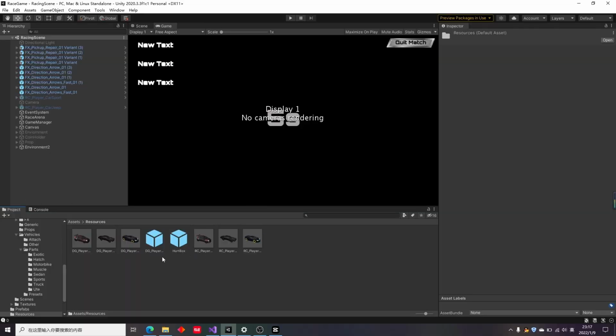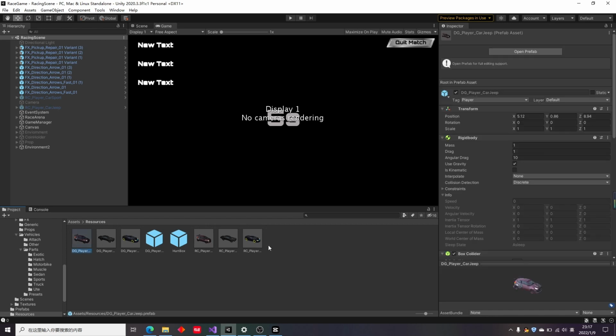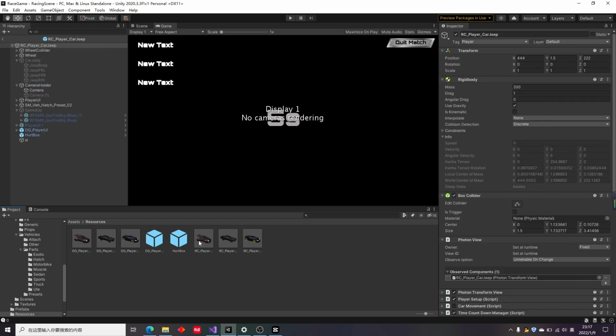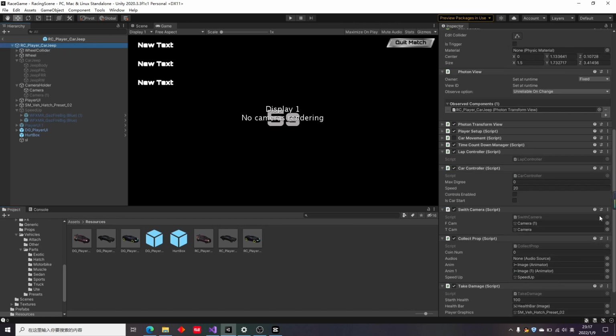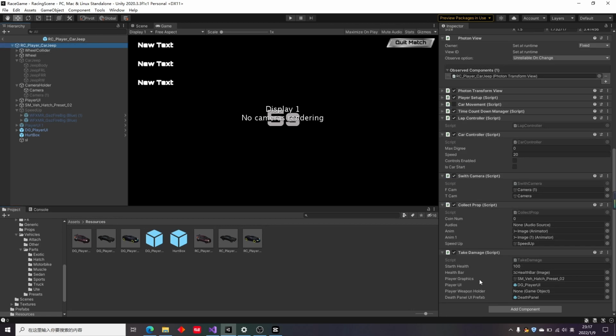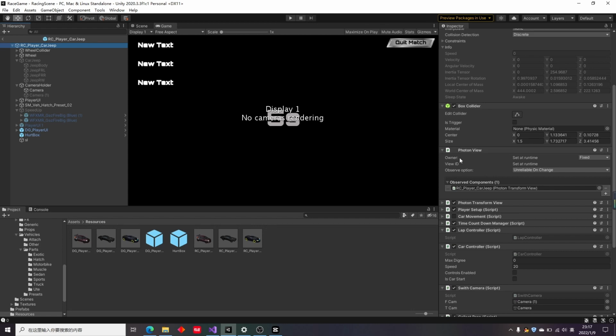For each player prefab stored in the resources folder, we give a photon view to it, and